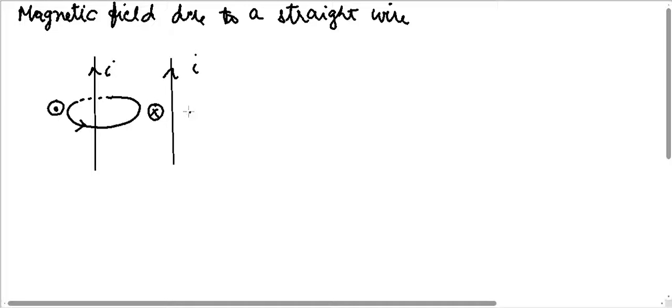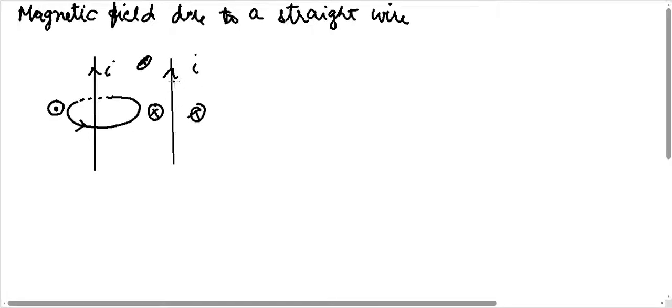Because of this wire, there is a magnetic field all around in this region which is going inside the screen, and we know from our last to last video that